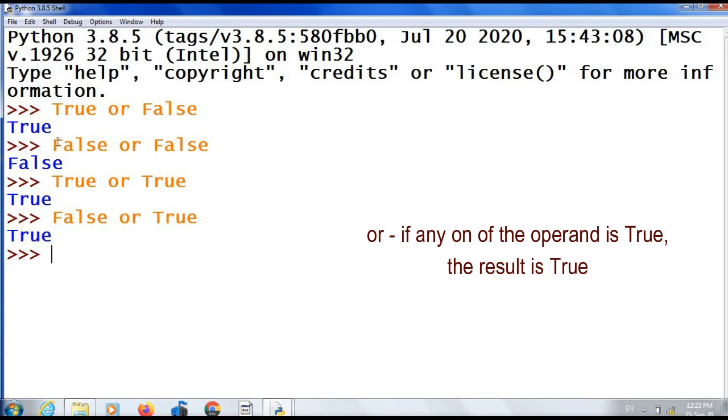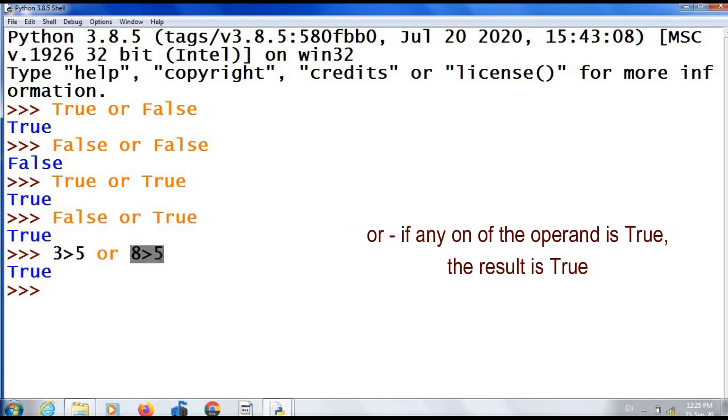And then how to connect with the relational operator. 3 greater than 5 or 8 greater than 5. It is true. That is, the OR operation results true if either 3 is greater than 5 or 8 is greater than 5. Here 3 greater than 5 is false, but 8 greater than 5 is true.